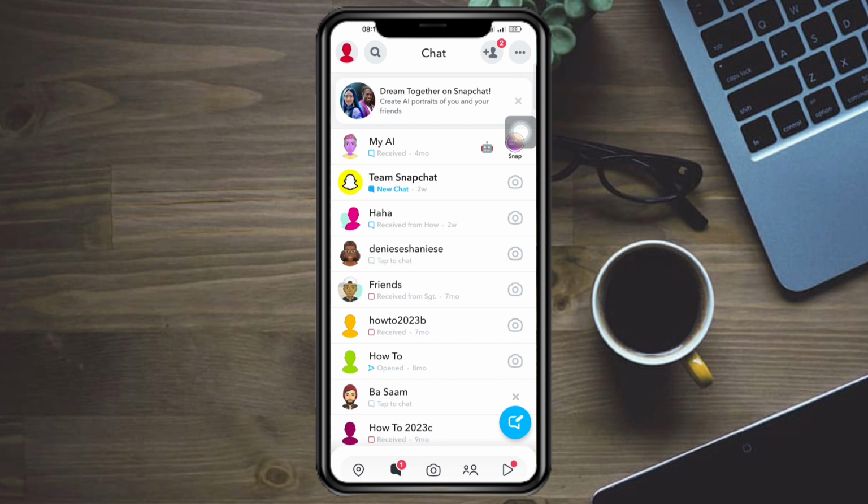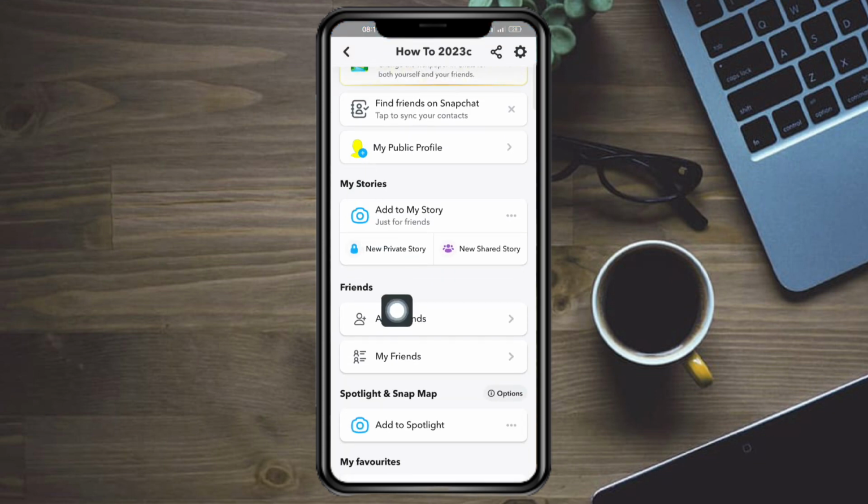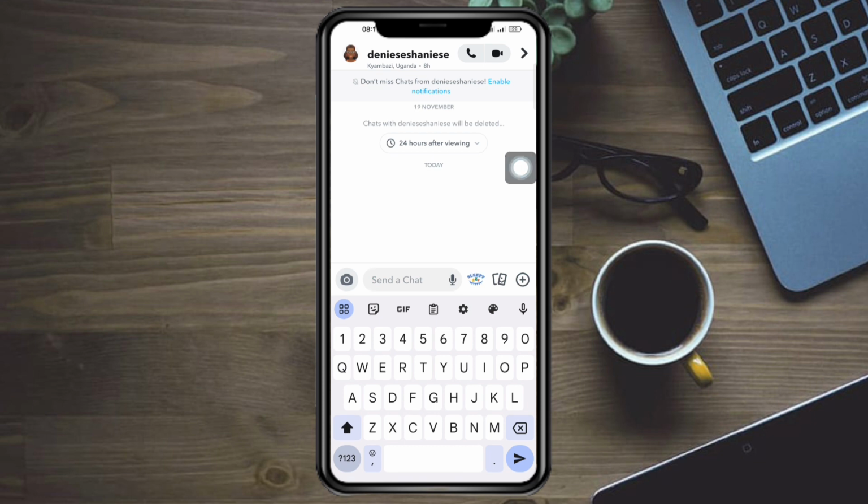So to do that, we need to head over to our Snapchat right here. Then from in there, we can just click this purple icon. Then when you scroll down, you can see your friends here. So click on my friends. And then for example, we want to remove this friend. So let's try to remove them